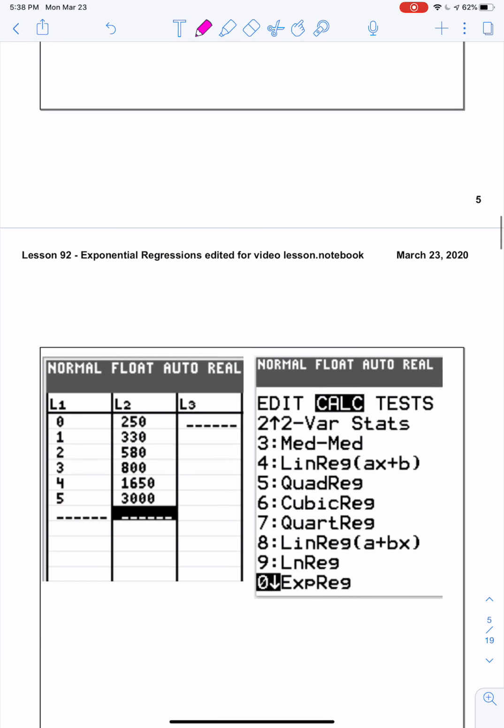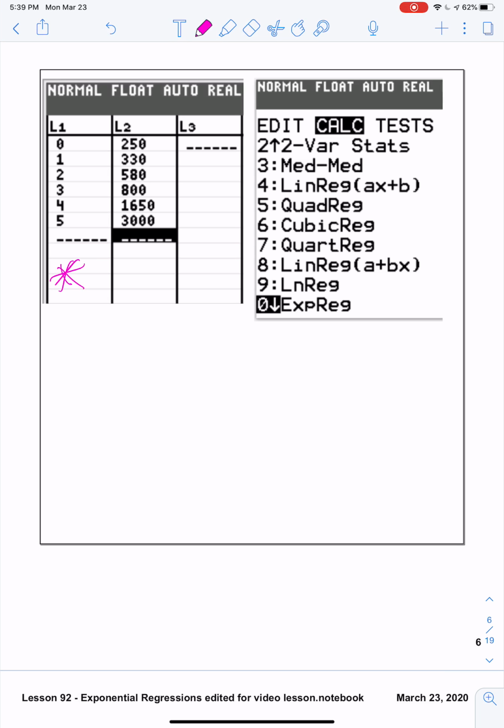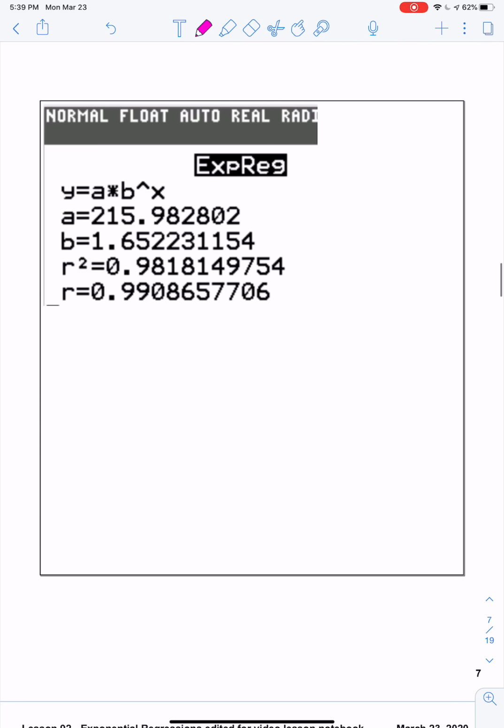Okay, if you paused the video and plugged it in, you will see that this is your L1 right here, and this is your L2 right there. These are your X values and your Y values. At that point, you're going to do stat, and then you're going to bring it over to calc. So you're going to bring it over to where this calc right here is highlighted, and I already moved it. You have to move it. You'll see you only see up to 9. I moved it down so you could see up to 0. And 0 is exponential regression, okay? So you're going to hit that button,